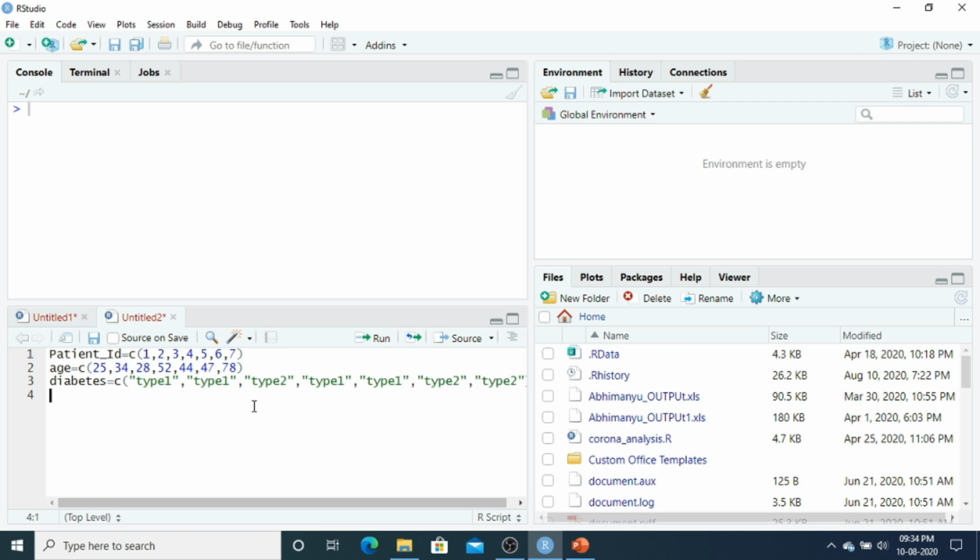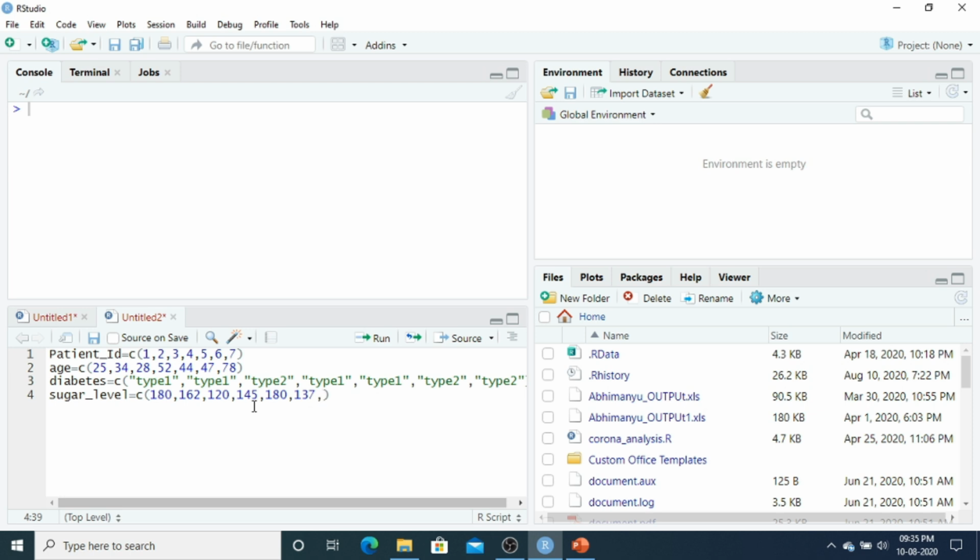And one more thing is also given, that is sugar level. Since, as I have already discussed, space is not allowed, that's why I'm using an underscore, so it's no problem. Sugar level is 180, 162, 120, 145, 180, 137.